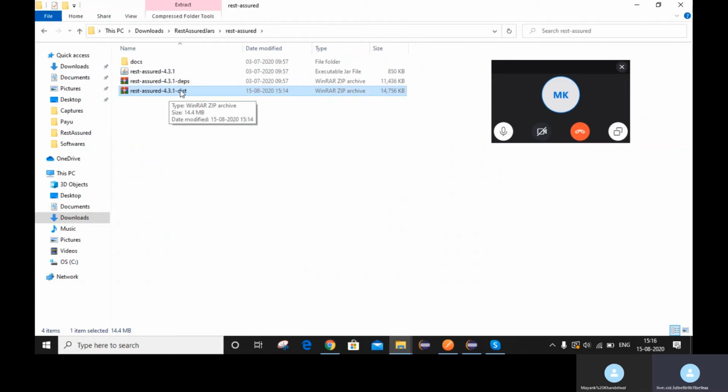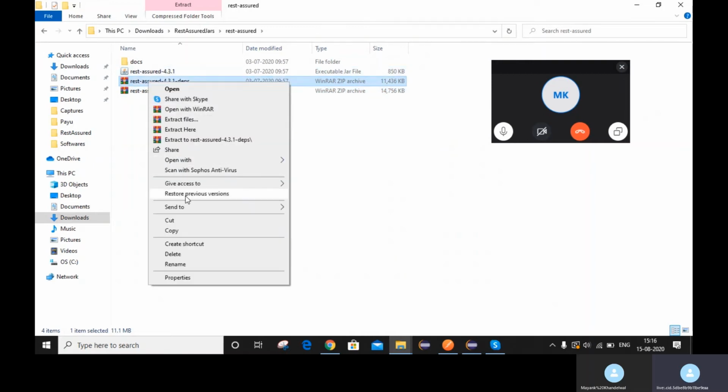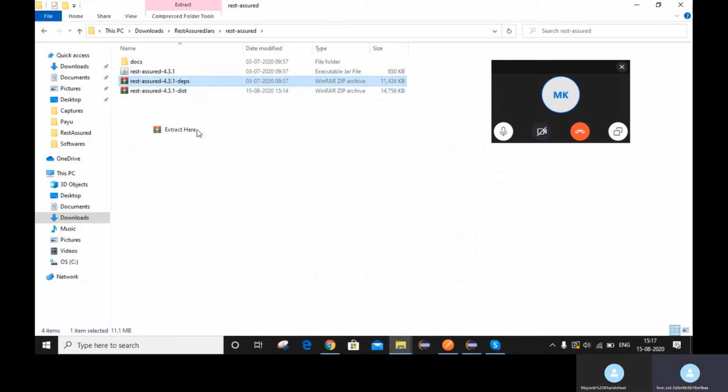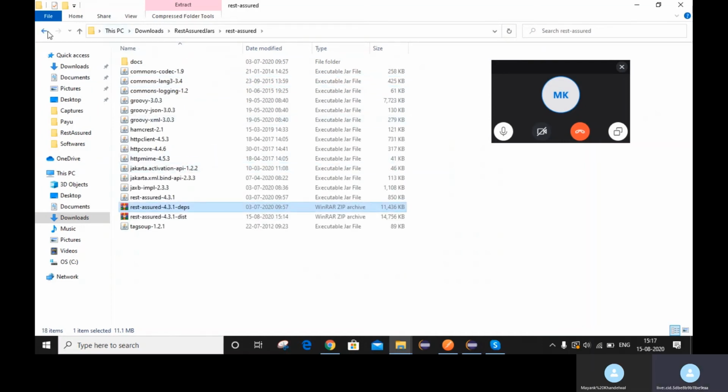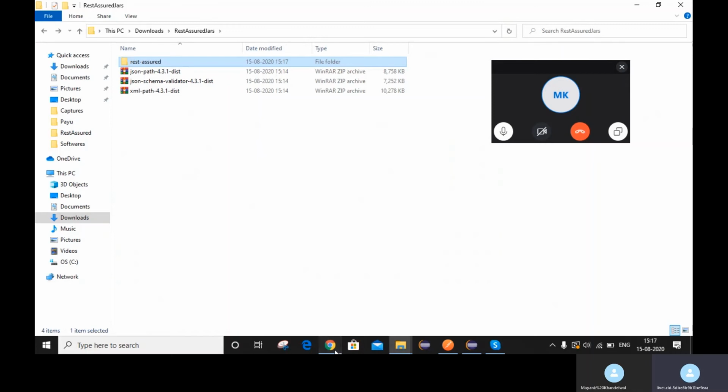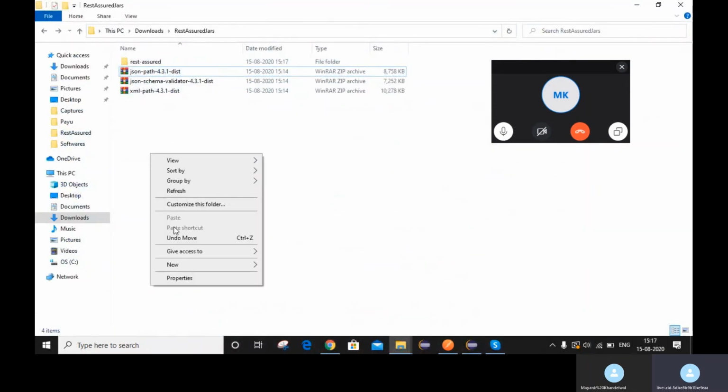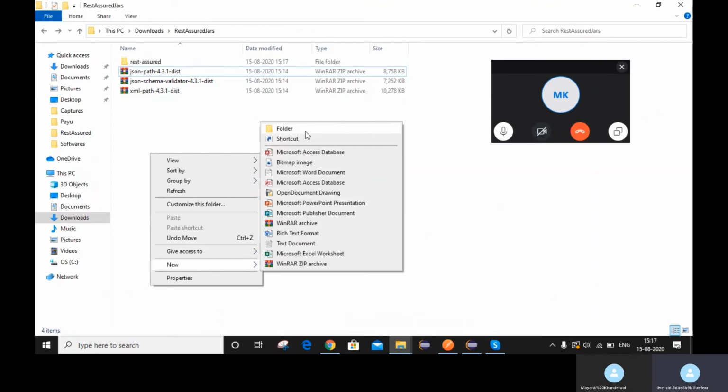See, we have unzipped this file, .dist. So let's unzip this also. Extract here. Yeah, got it. So guys, now let's create a folder for this JSON path.